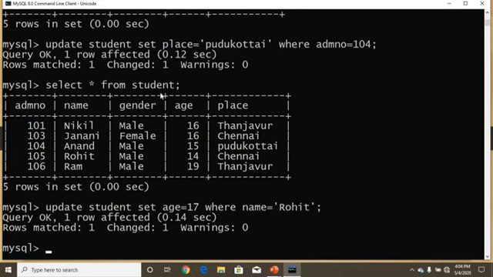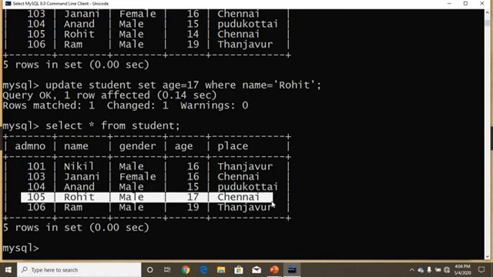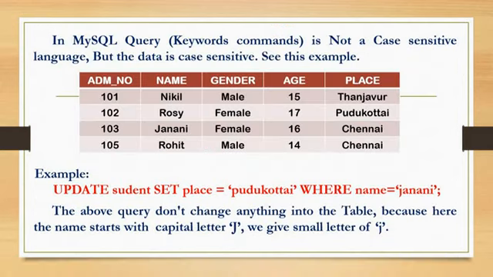See, query OK. That means the query executed successfully. See the result. Rohit's age is updated to 17. That's the update command.